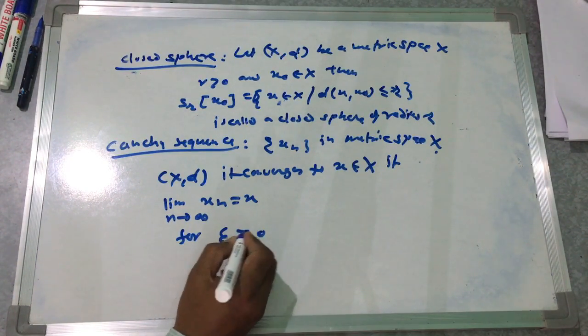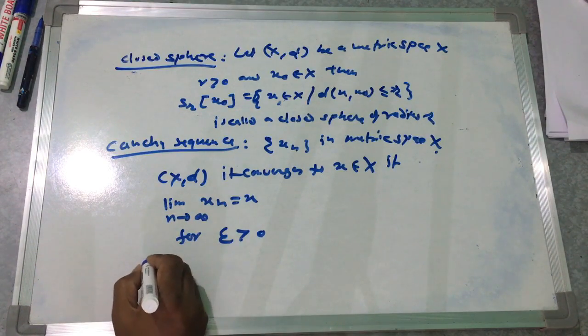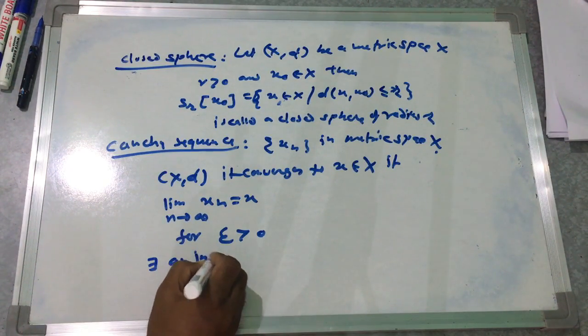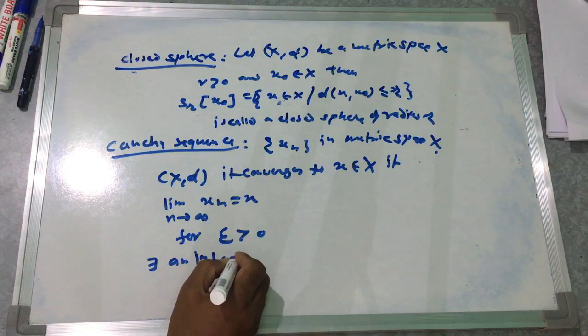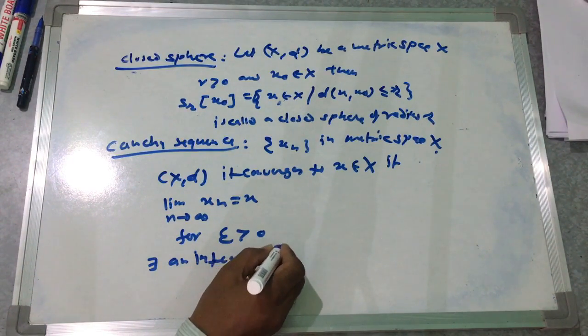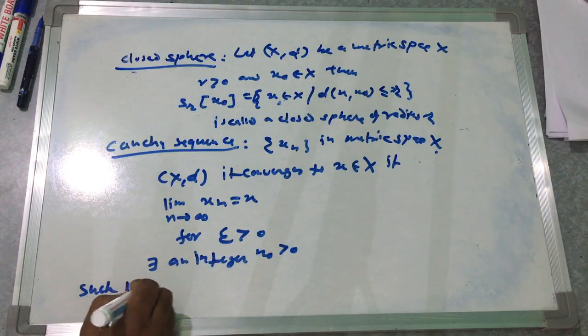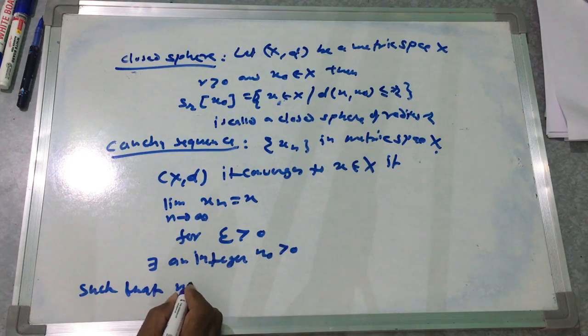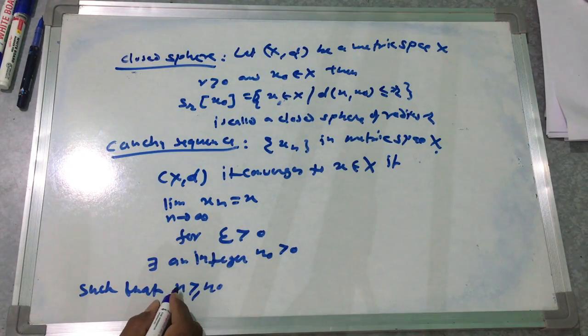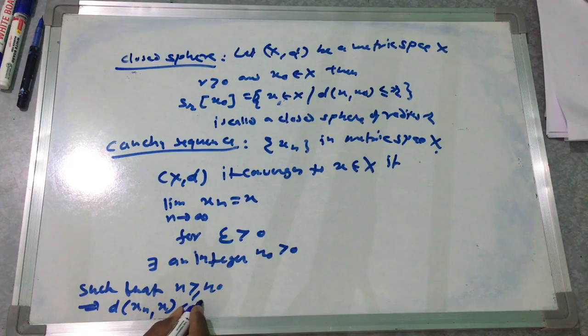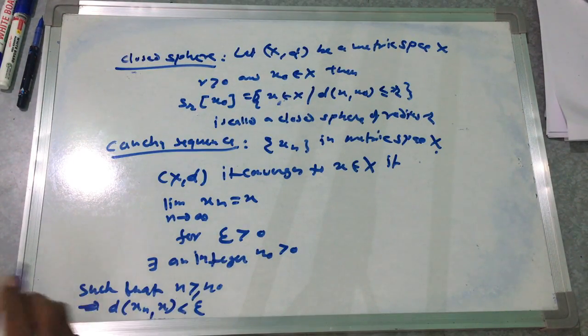For every epsilon greater than 0, there exists a positive integer n0 such that for n greater than or equal to n0, the distance between xn and x is less than epsilon. Or equivalently,